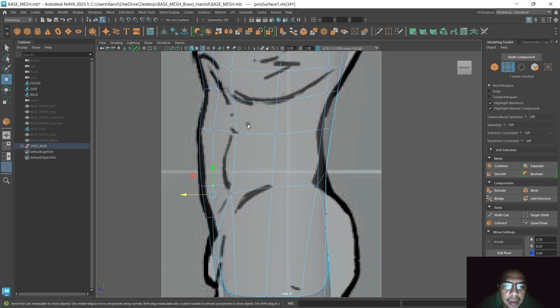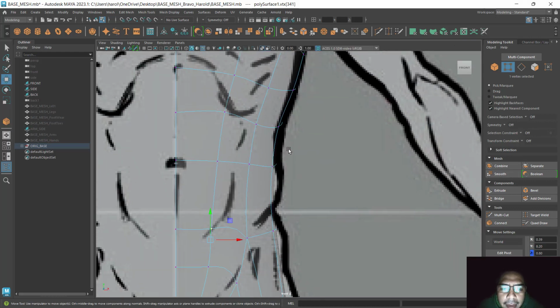So far, I have this. I can still add, I think, one last edge loop. But before I do that, let me just be sure about this. Yeah. No, I think I don't need to add. Yeah, I think I do here. So I'll just select this, double click, and then I'll just do another connect,